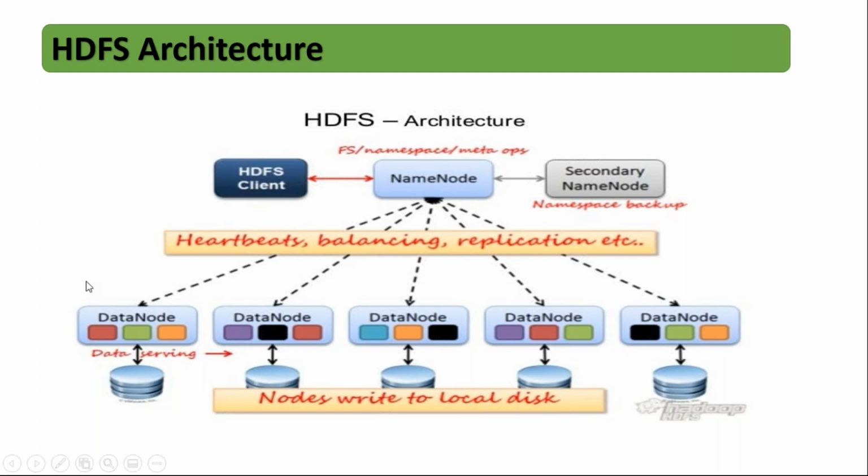Balancing is like this. Here we have blocks, 3 copies in multiple data nodes: data node 1, data node 2, data node 3, data node 4, data node 5. In this data node, we have predefined blocks. Assume that we are running an application on data node 1 and this block is unavailable. No issues. We still have 2 blocks available.